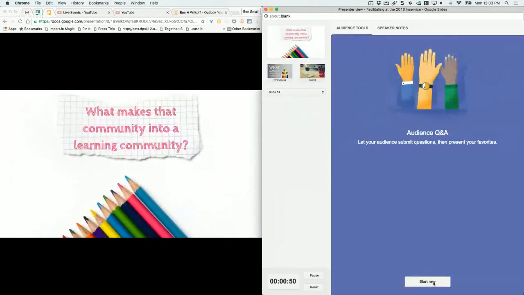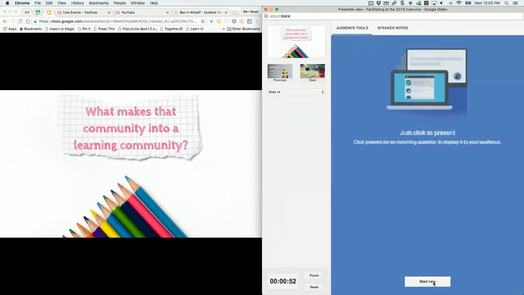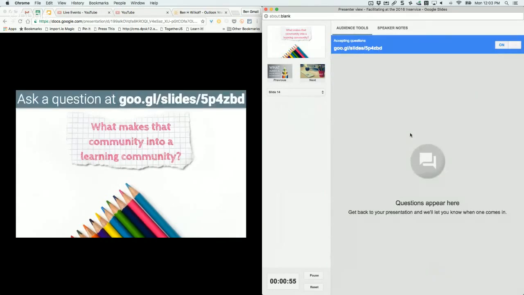audience tool, which, if I click the Start New button, creates this brand new link that you can use with your session. And on the presentation that you're using, right over here, it'll put that in big, bold letters where you're supposed to go to ask questions, to respond to the session, and all of those kinds of things. And if I open that up,